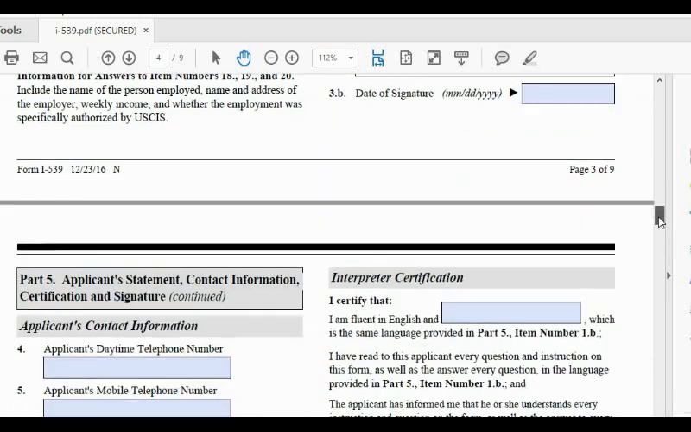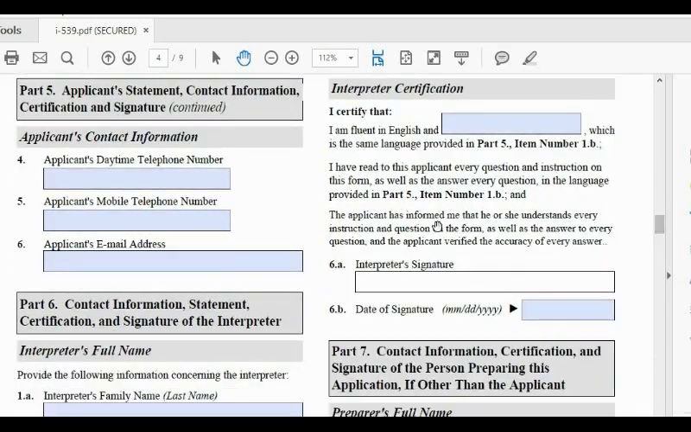This is the interpreter certification. So the interpreter says, "I am fluent in English," and like I said before, if it's French, then you're gonna type French here, which is the same language provided in part 5. So like I just said, the interpreter is gonna sign and date over here. And then from there,